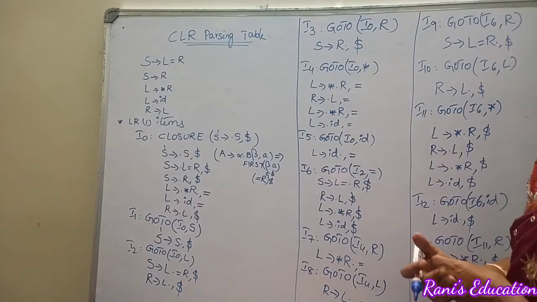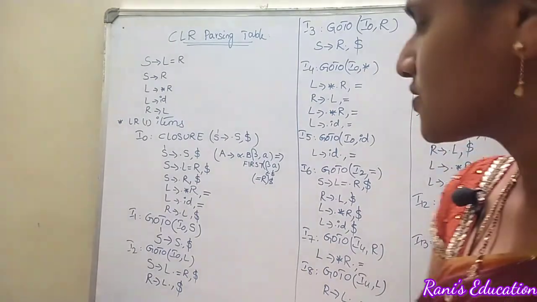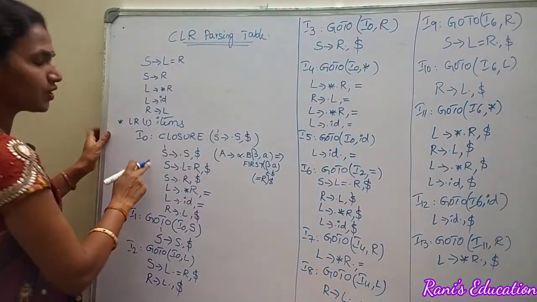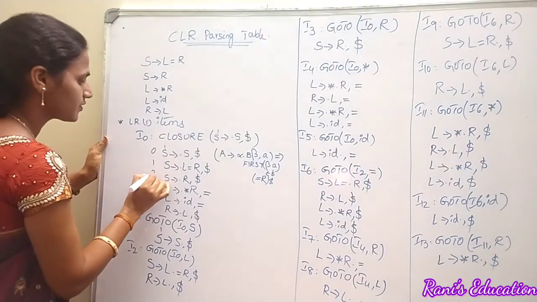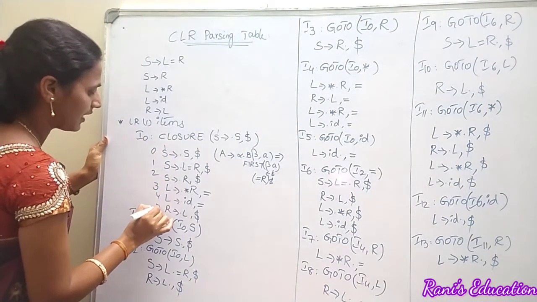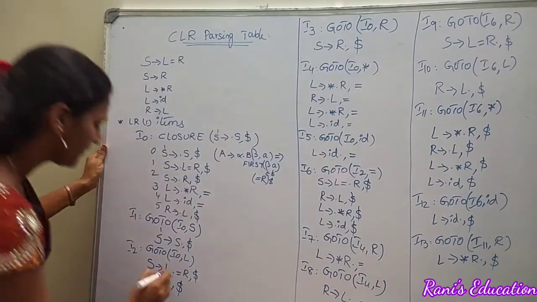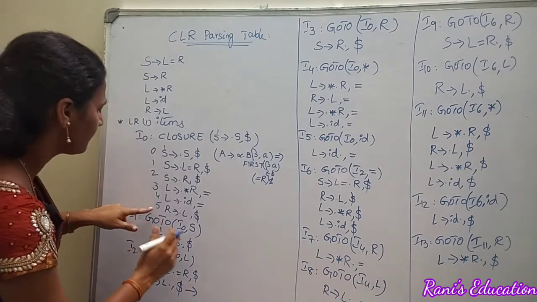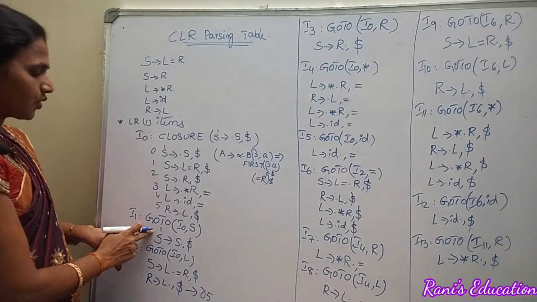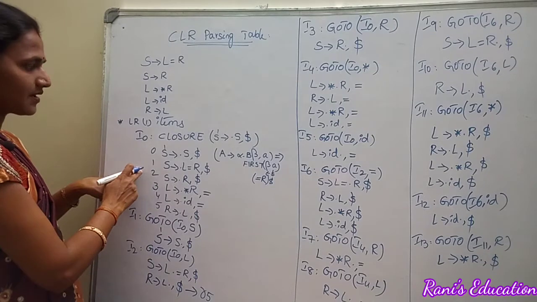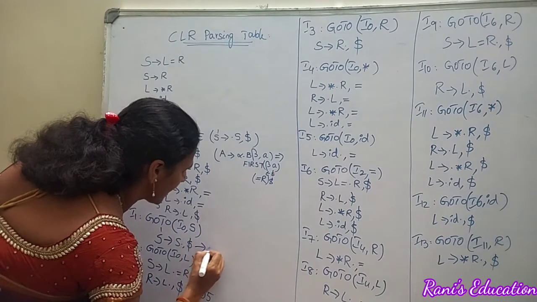So after completion of this item construction, you need to give reduction numbers. Okay? So how we are going to give the reduction numbers? In I0 item, you are going to give the production numbers 0, 1, 2, 3, 4 and 5. According to this, you are going to give the reduction numbers. Okay? So this R derives L is 5th production, so R5. So what I said? So this is the starting production of the augmented grammar. So this is completed in I1. So we can say that which is accept action.